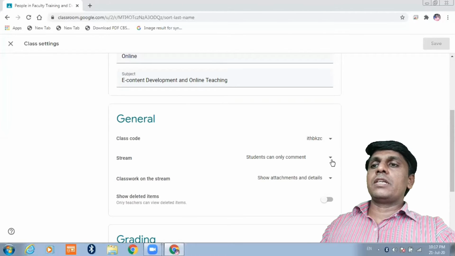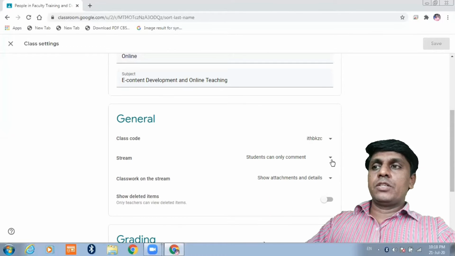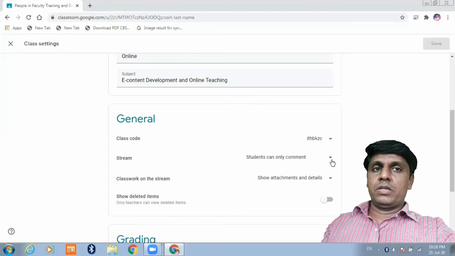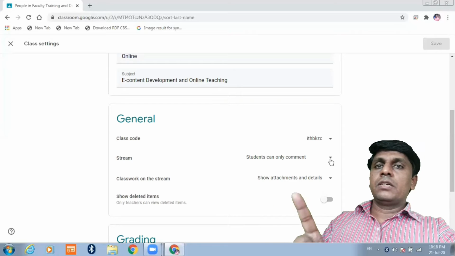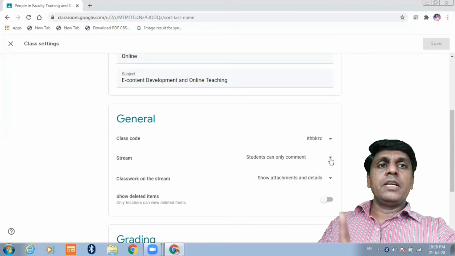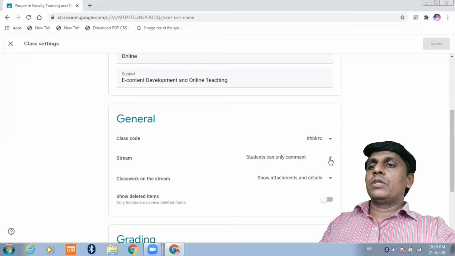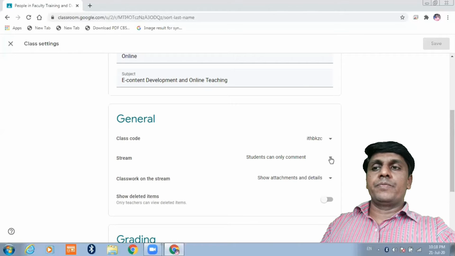This stream setting is about the button which was at the top on your home page. I have already shown 4 buttons are there. First one is stream, second is classwork, third is people, and then grade. So that button and its setting is here, that is stream.